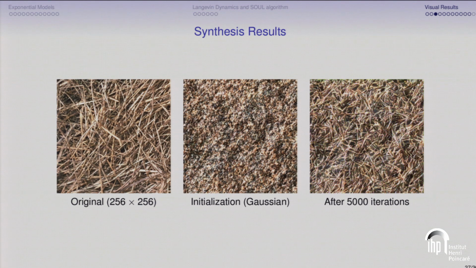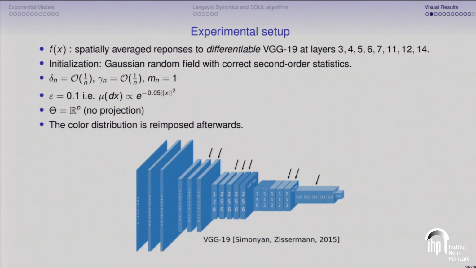So here are some results. Like 5 minutes, I guess, to show. Okay. So that would be okay. So here, on some unstructured textures, the result is nearly perfect. There are some small color drifts in the small scales. And as you can see, you have truly derived from the Gaussian initialization. I've not said that, but we use for initializing the Markov chain a Gaussian random field with a proper second-order statistic. That is really important, and we will see that in the experiment.